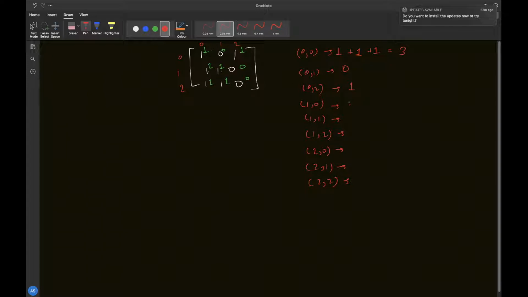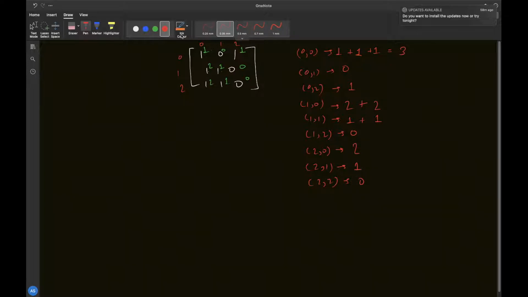So from the first row I can go up to 2, and if I increase the height by 1 then I can again go up to 2, this will be 2. Now 1 comma 1 I can go up to 1, and then I'll increase the height, then again I can go up to 1. With 1 comma 2 it is 0, we'll ignore it. With 2 comma 0 I can go up to 2, then 2 comma 1 I can go up to 1, and then 0.